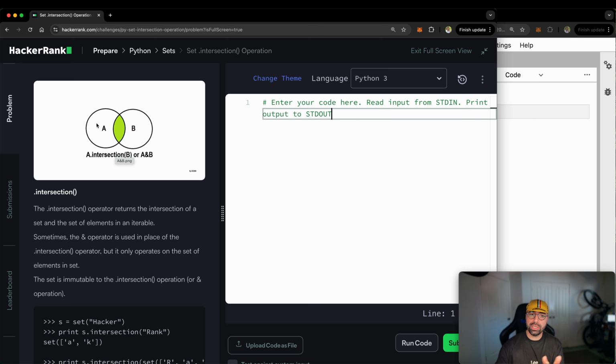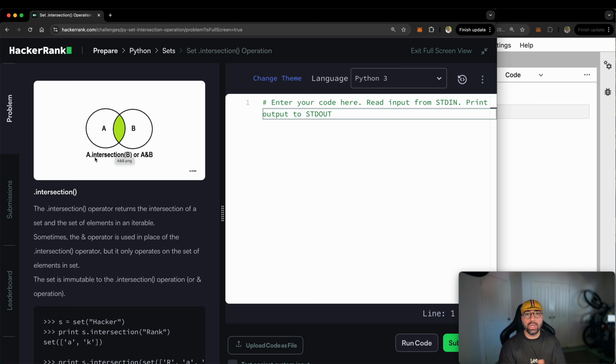So the question starts with a bit of a graphical visualization right there, and it makes my life easy to explain it to you. So if you've got a set A, that set could be a set of student names, student grades, the indexes of page numbers on a website, and B can be another set, a population of different things. If you want to find the intersection, you need to find the common area where both A and B have